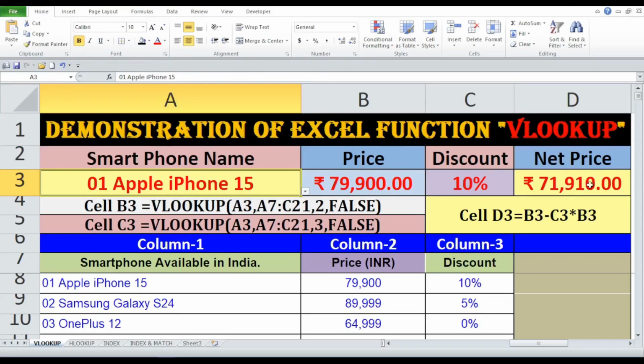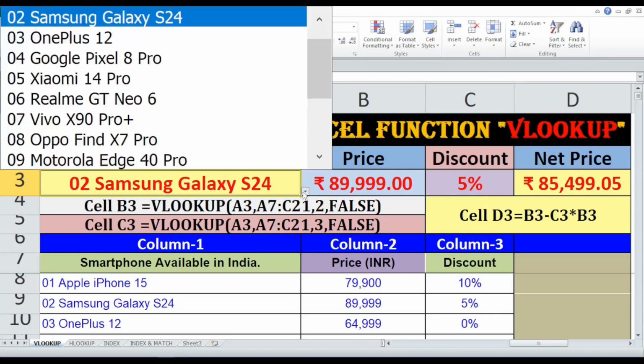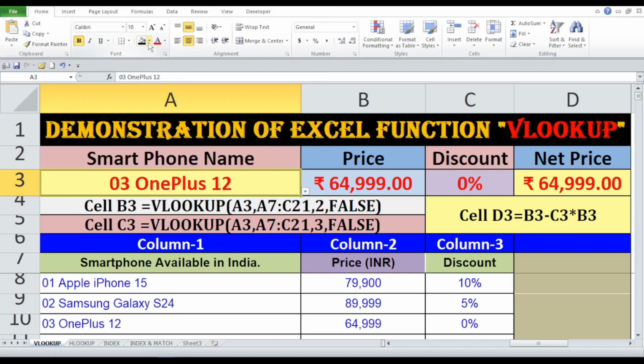71,910. Samsung Galaxy S24. Price, 89,999. Discount, 5%. Net price, 85,499. OnePlus 12. Price, 64,999. Discount, 0%. Net price,